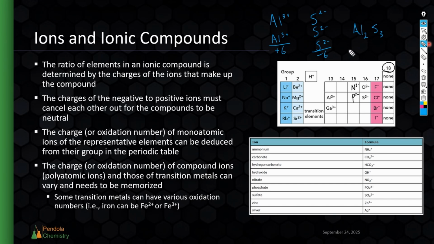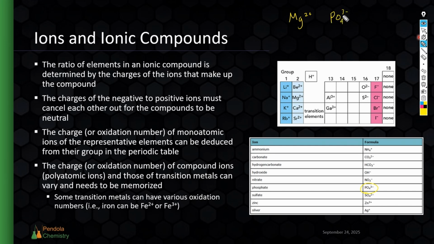Now, we can also do something called crossing to make this process a little easier. And we're going to try this with a polyatomic ion now. Let's do magnesium, Mg2+. And if we pair it with something like phosphate down here, PO4 3-, instead of trying